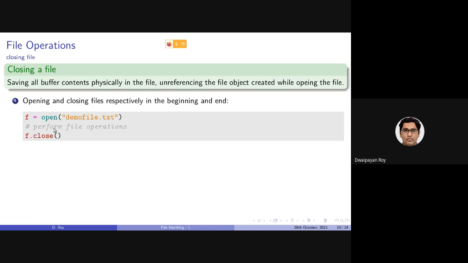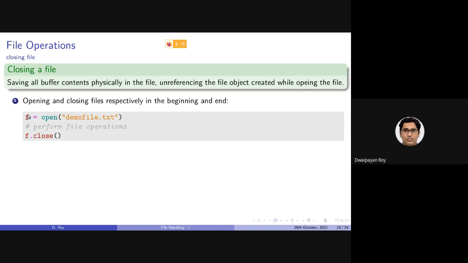To close a file, there is a similar function called close. The close function should be called using the same object that was returned by the open function when opening the file. So f equals open, then we perform certain file operations using this object, and then to close the file, we perform f.close.